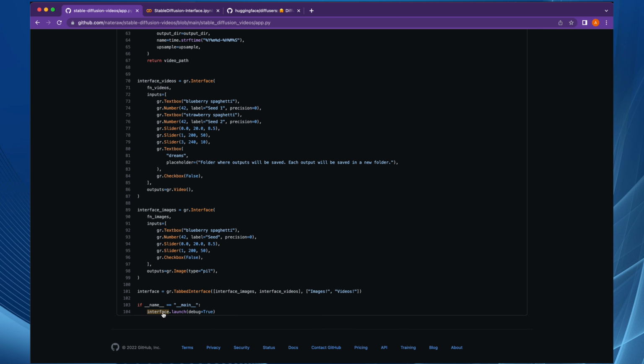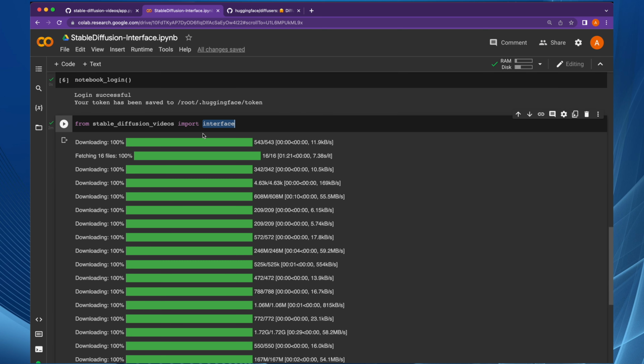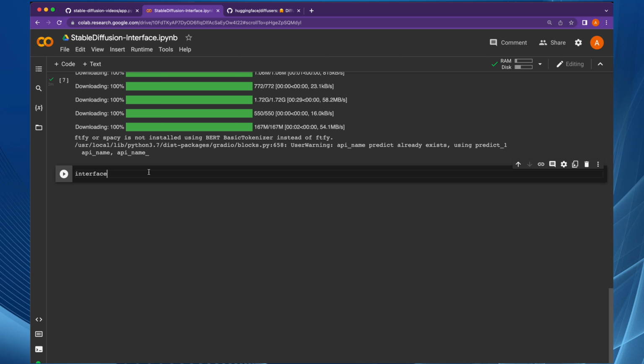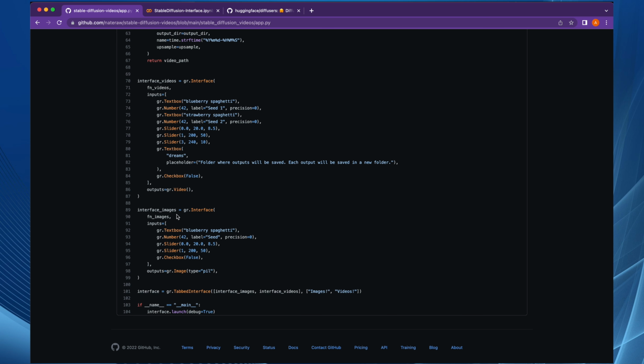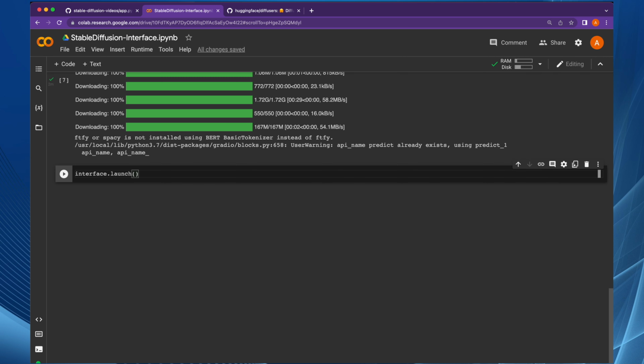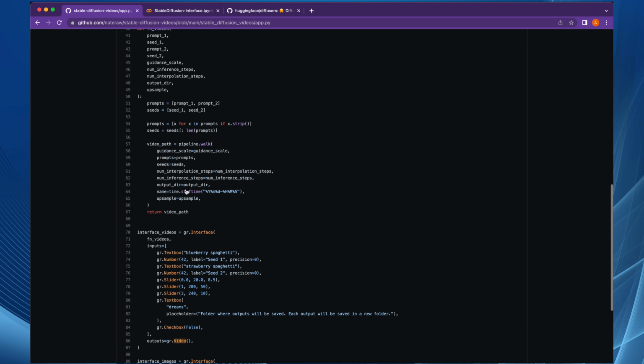So when we are going to use the interface object, we can use interface.launch. This is the interface which we have imported from the Stable Diffusion videos. So if you say interface.launch, here is the launch method which is available. We can do the launch, and if you want to debug it, you can say debug equals true. That is exactly the entry point